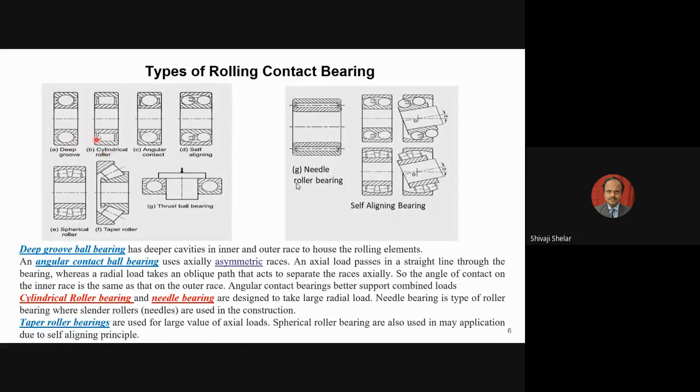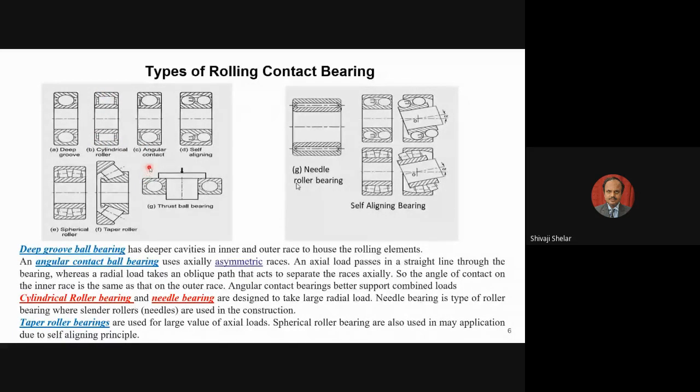Then you will have the cylindrical roller. So you have a cylinder here, you have inner race, outer race. Sometimes they will be provided with some small groove here, or sometimes they will not be provided with any groove. So in the cylindrical roller bearing, you are using a cylindrical roller with groove, or without groove also. Sometimes the groove may be provided only on either the inner race or outer race, or sometimes it is provided on both. Here it is provided on both. For roller bearing, it is normally provided on only one surface, normally on your outer race.